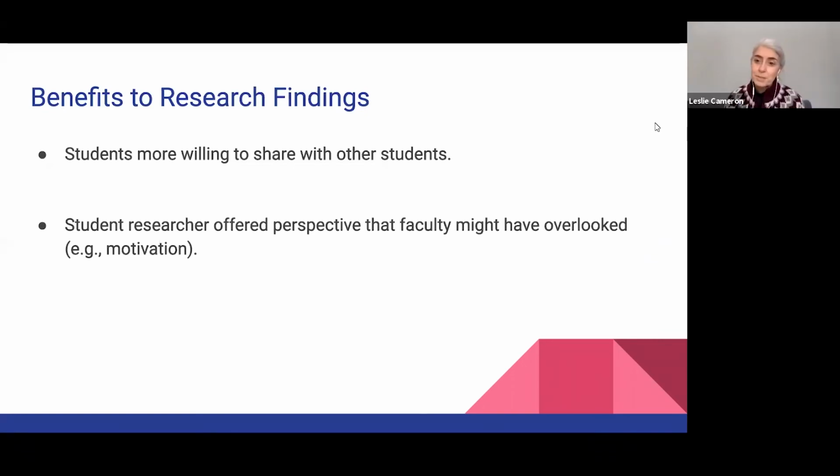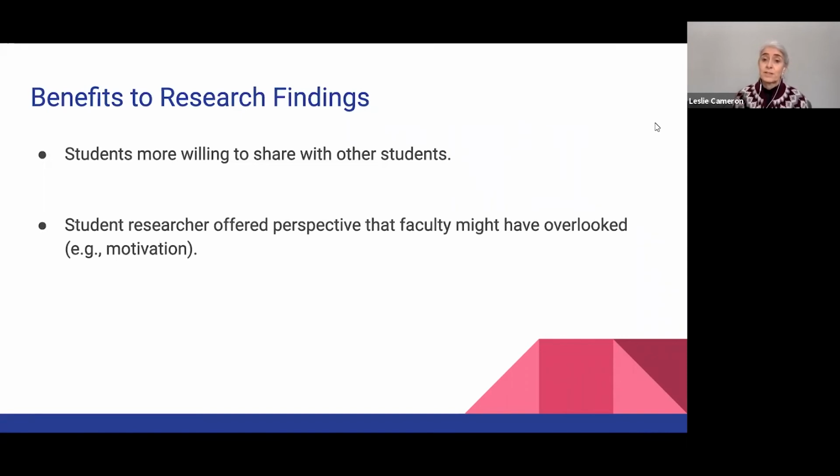And from a faculty perspective, one of the benefits to the research findings of working with student partners, particularly in SOTL research, is that the students give us a unique perspective. As we're more removed from that student experience, it can be difficult for us to appreciate where students are coming from. And so Holly was able to provide me with some insight into things like, for example,